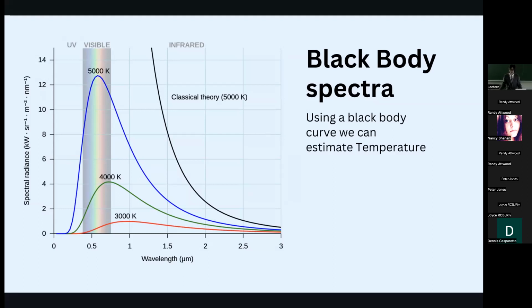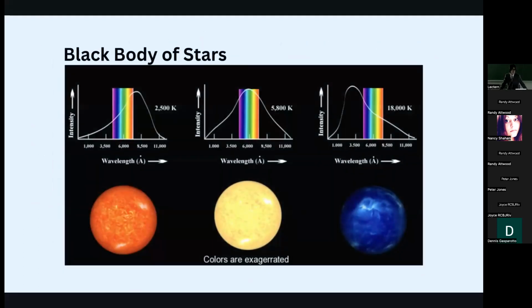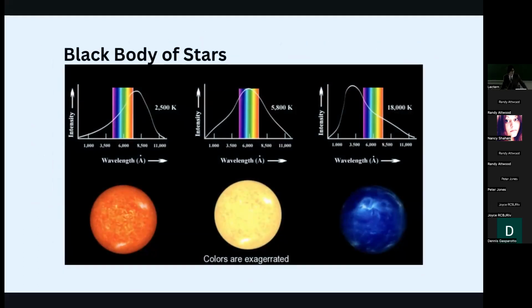And we can use this to estimate the temperature, as I said, but also the color of a star. And you can see here are some examples of blackbody curves of stars. Mostly hot stars will have a blackbody diagram that's very towards the left of the graph, and the visible light will be past the initial bump. So as you can see, for the blue star, the visible light is way to the left of the peak, and the yellow star is actually on top of the peak.